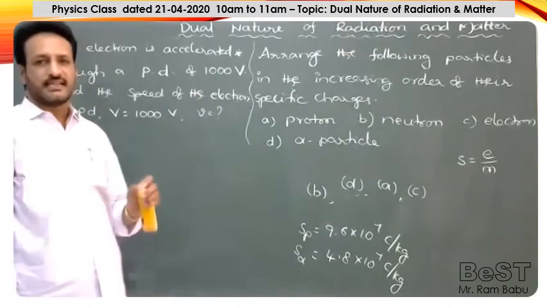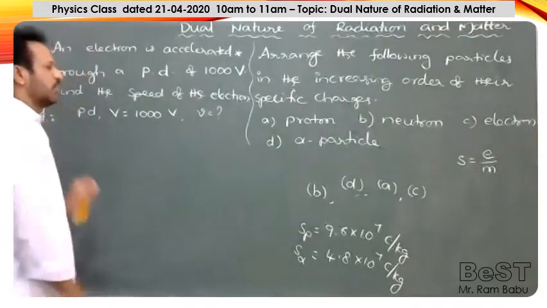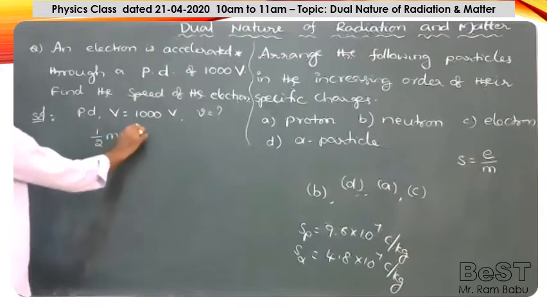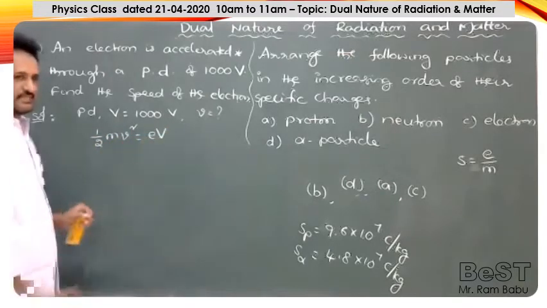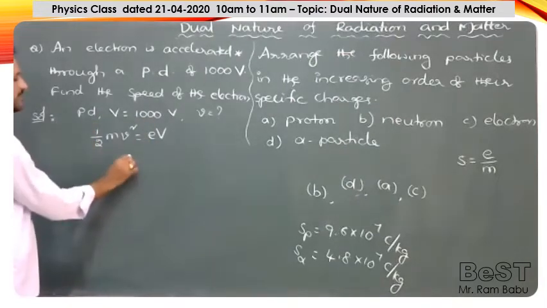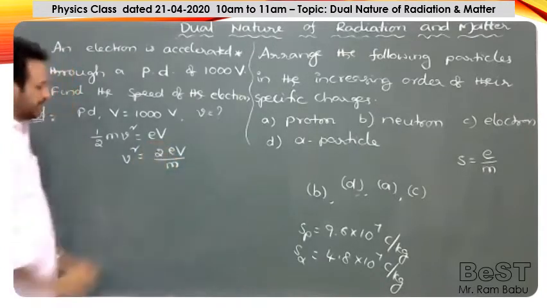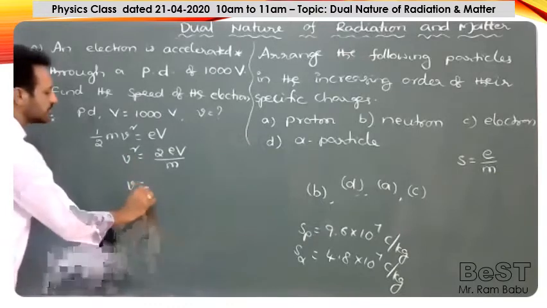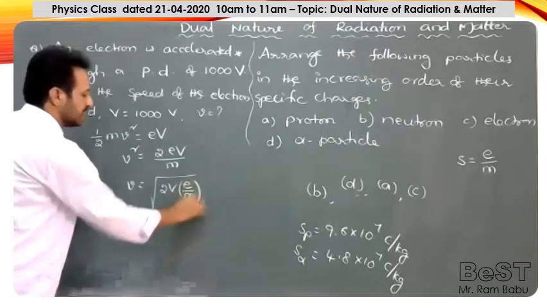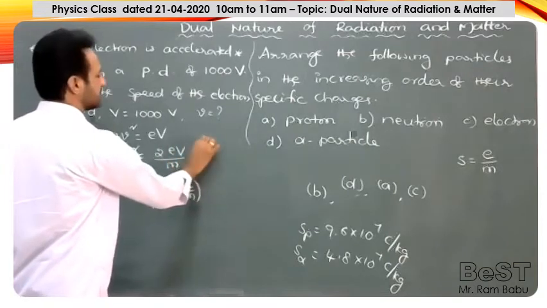When the electron is accelerated through the potential difference, that is from cathode to anode, some work is done. The total work is in the form of kinetic energy of the electron. So we can write half m v square is equal to eV. And it is a formula. Now we want to calculate v square. Take m by 2 to the right side. v square is equal to 2 eV by m. If you remove this square, then v is equal to square root of 2V into e by m. Already we know the specific charge of the electron. So the specific charge of the electron is equal to how much?